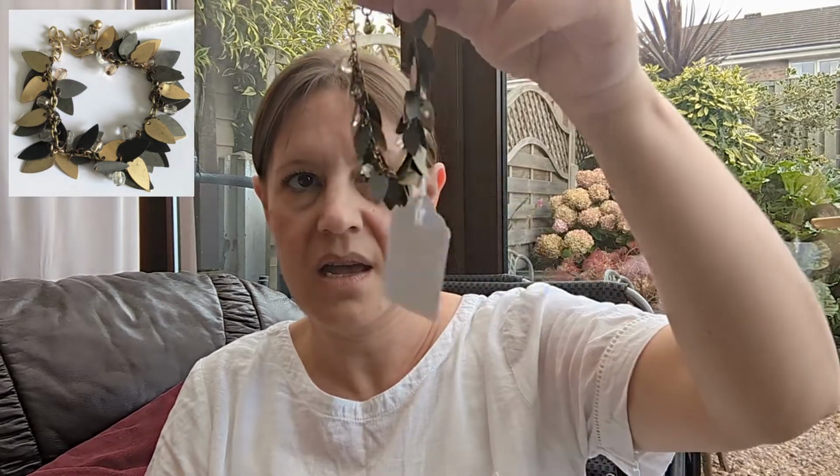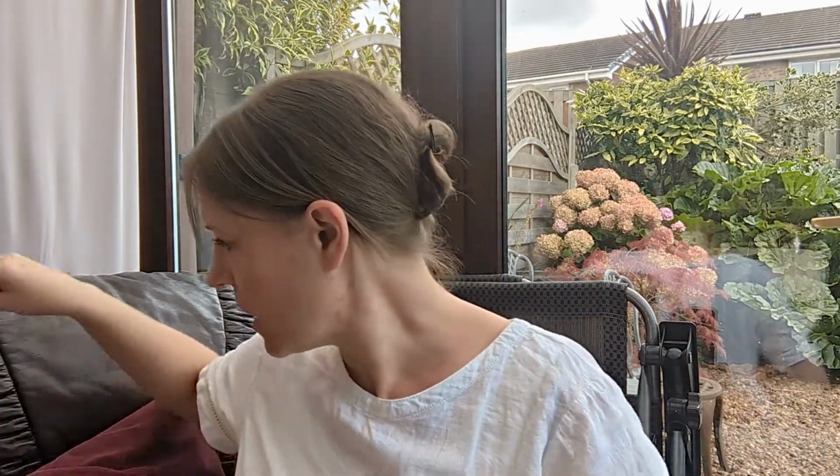But sometimes I do come across things like later on when I'm looking elsewhere, and then I can pair things up. But yeah, nothing super expensive, but I just like the design of it. And that was £1. And then this bangle, I actually saw this in, I think it was the British Heart